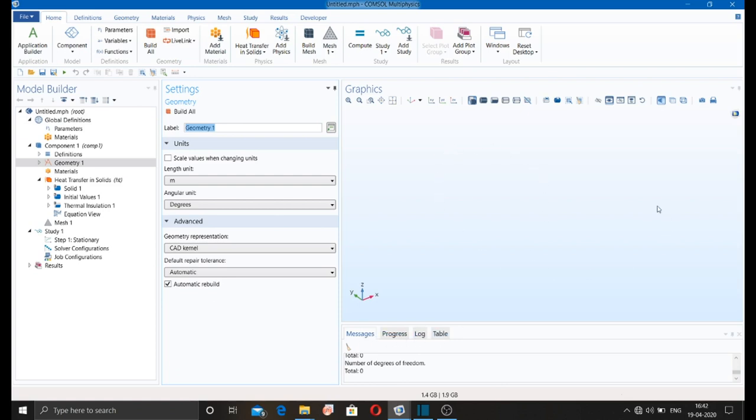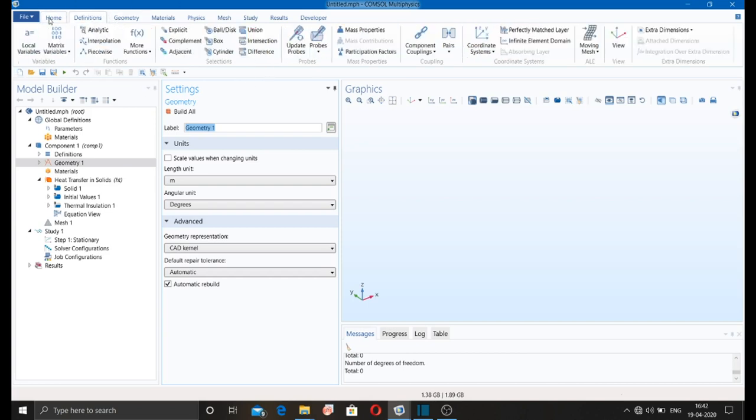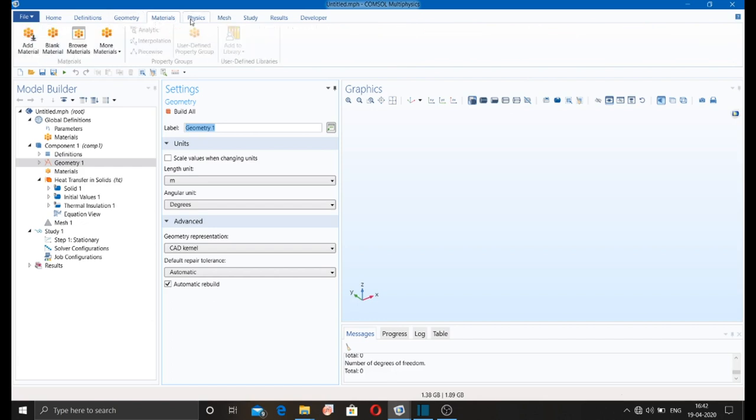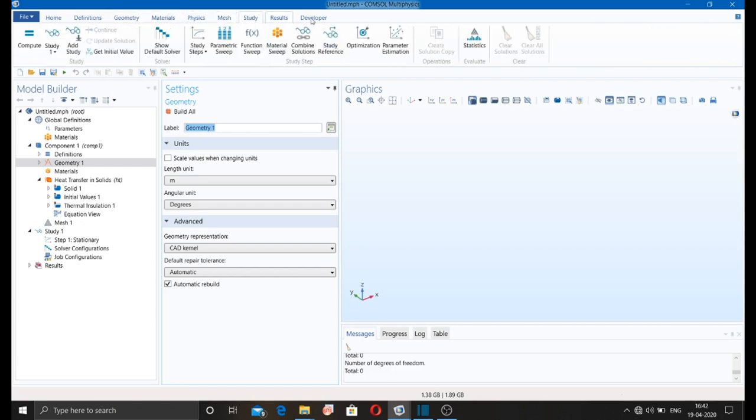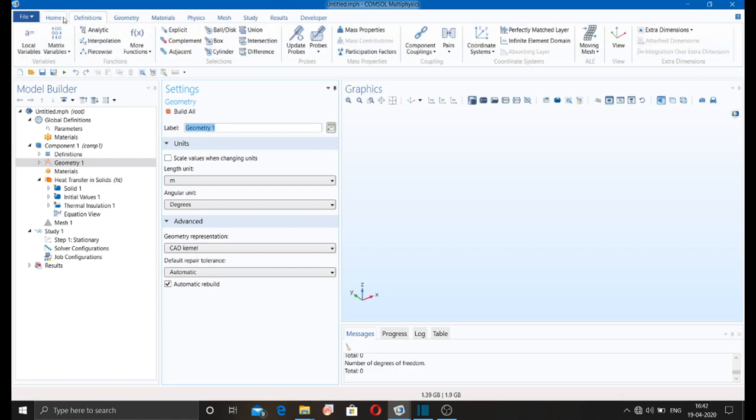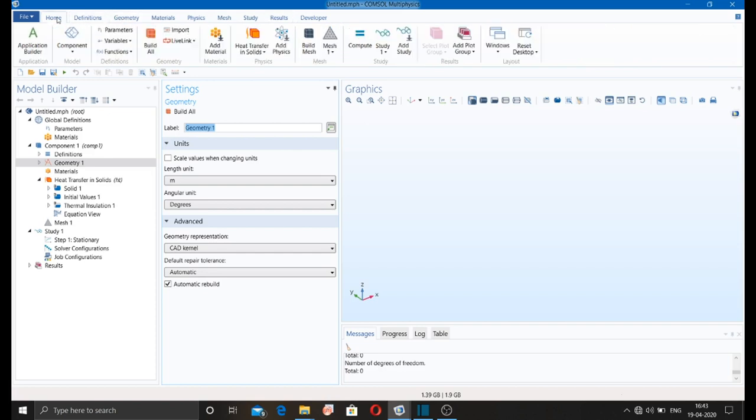This is the graphics page, and this is the main menu, and these are the toolbars: definition, geometry toolbar, material toolbar, physics toolbar, mesh, study, result, developer. So I am going to discuss one by one. These are all the toolbars. Okay, now I'm selecting this.